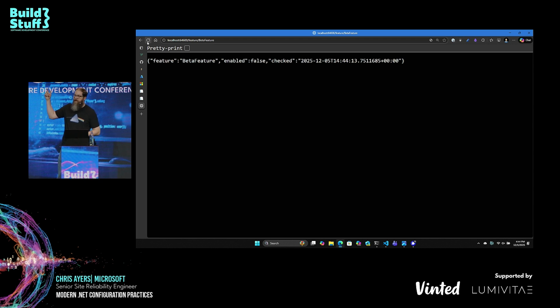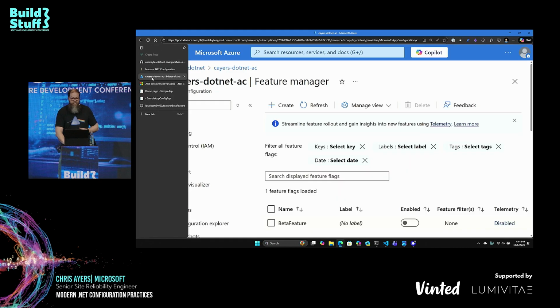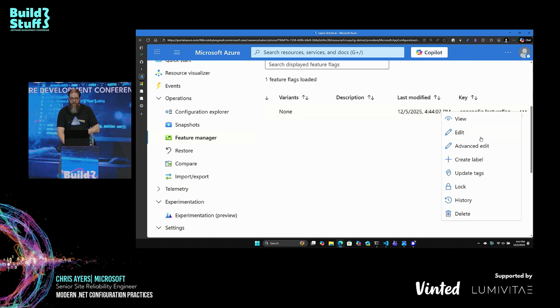So feature flags, just like the other things, get loaded in the configuration system, but what App Config will let you do is you can actually have these tweaked by different reasons. Maybe it's 50% of users. You want to A/B test. Maybe you want to do a gradual rollout and roll out to 10 or 15 or 20, 50% of people at a time. You can set up a feature with Azure App Config, and you can come over and reference it,